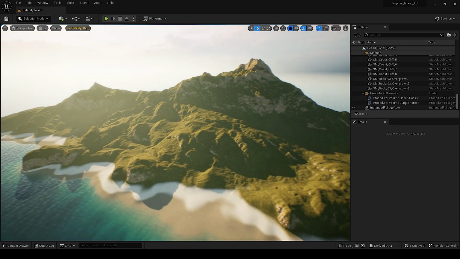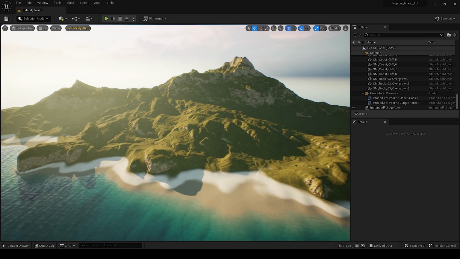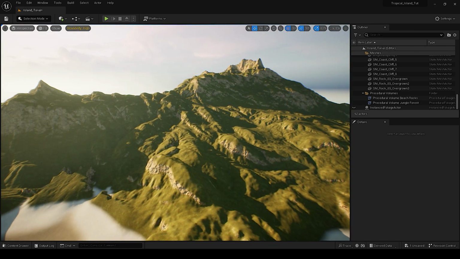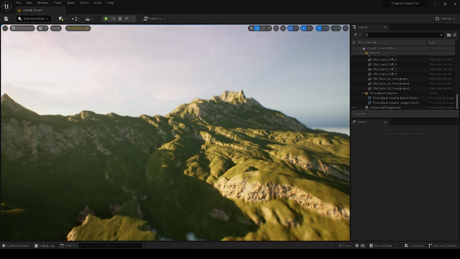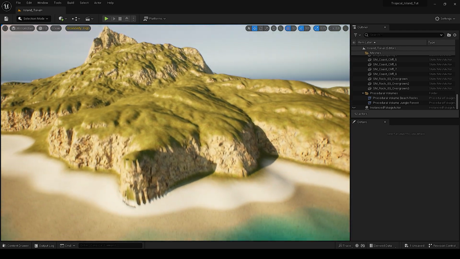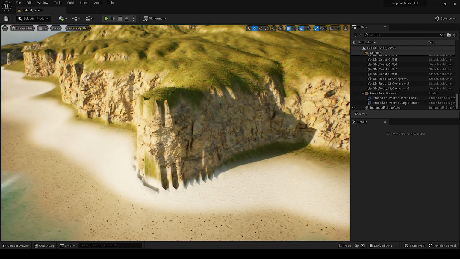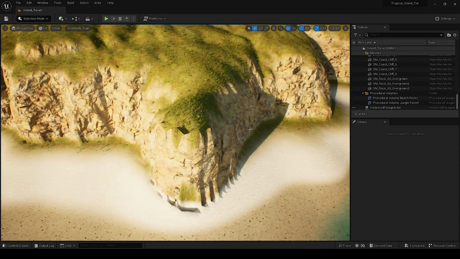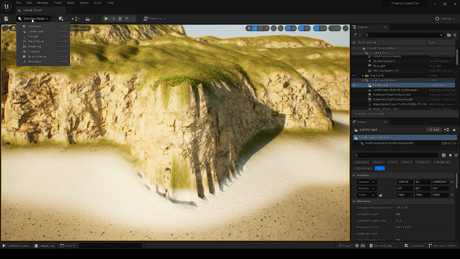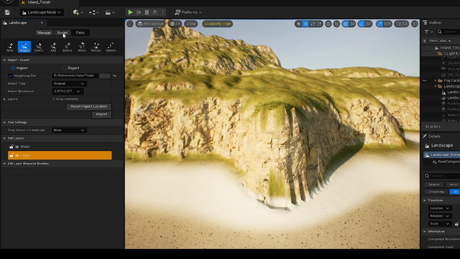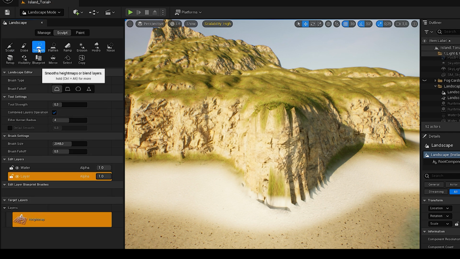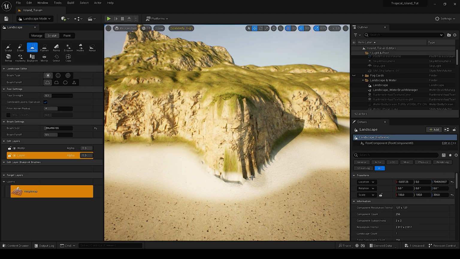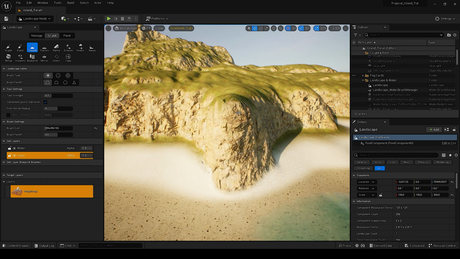Alright guys, I re-imported the tweaked landscape. So I think the landscape is looking quite spicy at this moment. If you take a look at our cliffs, you'll see those glitchy places, and this is just the normal stuff when using generated height maps. So we can either go to the landscape mode and sculpt smooth those areas. So either we can do that,